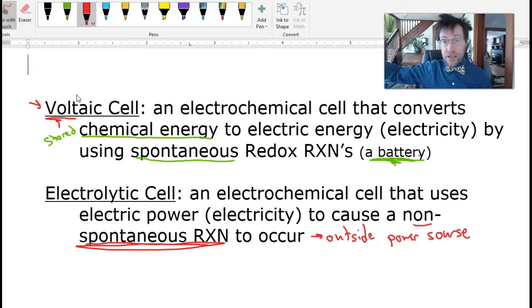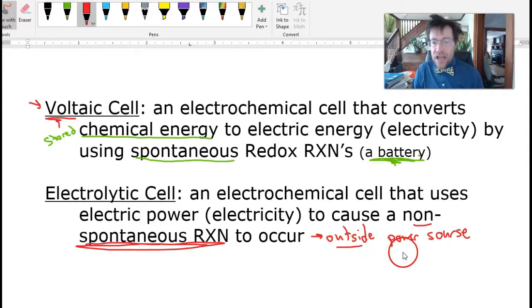But anyway, it's an outside power source that is going to force the electrons in your cell phone battery to go backwards. So spontaneous happens all by itself. A non-spontaneous process requires an outside power source to force the electrons to go in a direction that they normally wouldn't go on their own. Does that make sense? I certainly hope so. Basically, anything with an outside power source,